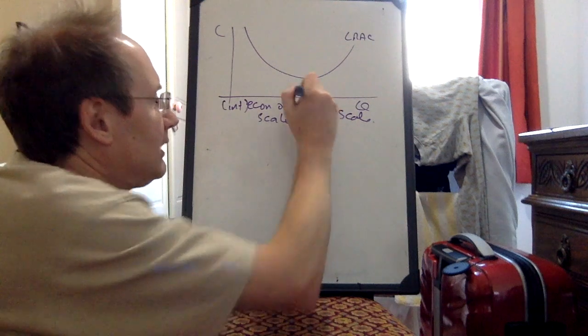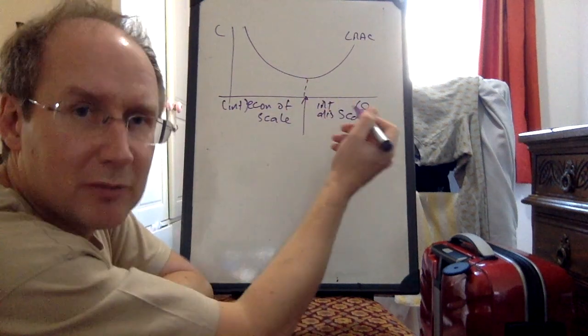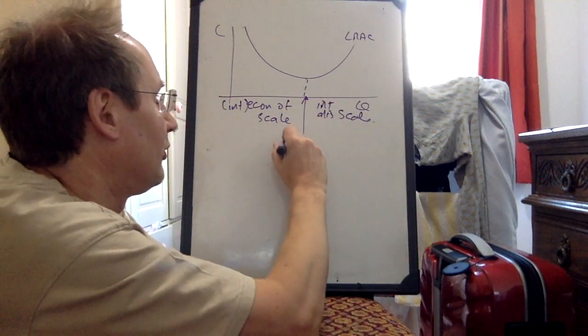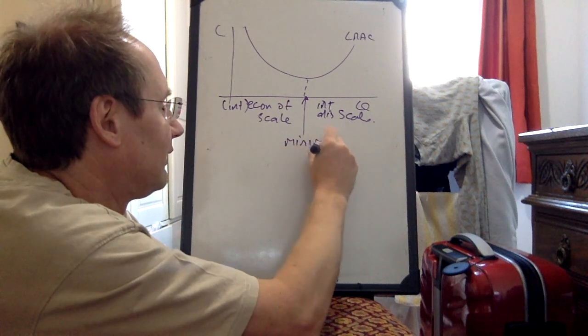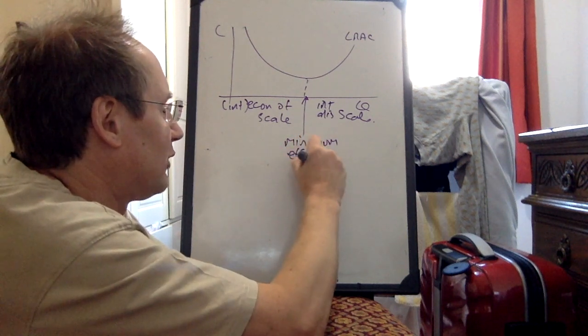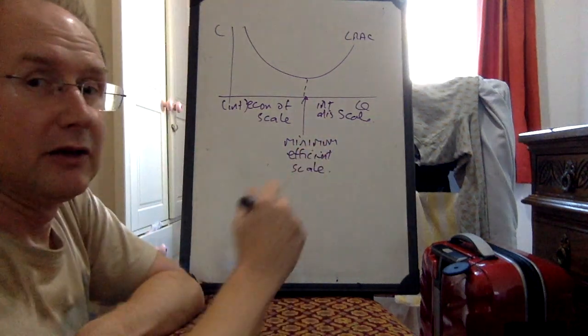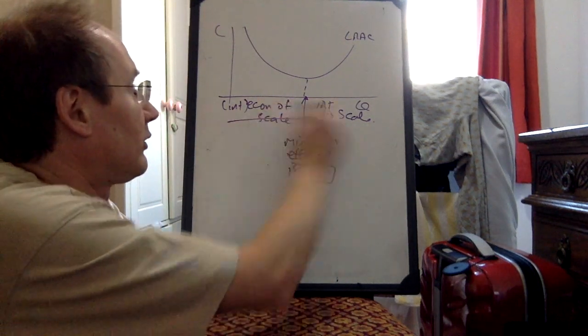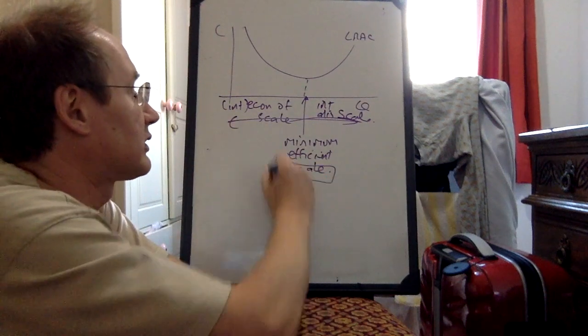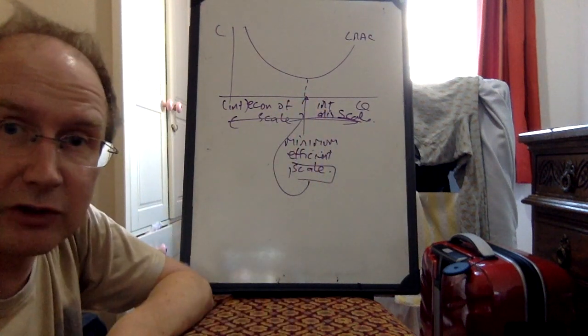This thing, on this diagram, unhelpfully, makes no sense when you see it. It's called the minimum efficient scale. In reality, it's stupid because it's the only efficient scale. By minimum efficient scale, we mean that it's the smallest scale, in other words, it's on the output axis. It's the smallest scale at which you can still compete.